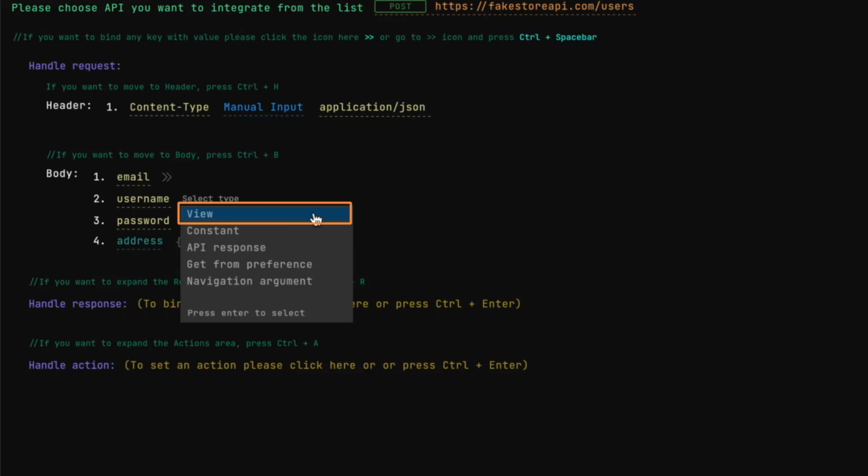The first one is View, which allows the developer to set dynamic values in the request body by binding them to the input fields. The second option is Constant, that allows the developer to access the value set in the constant file. The third option, API response, allows the developer to bind the values obtained from the API response. The fourth option is Get from preference, which allows the developers to access the value that is stored in preferences. The fifth option is Navigation argument, which allows the developers to use the passed value from the previous screen to